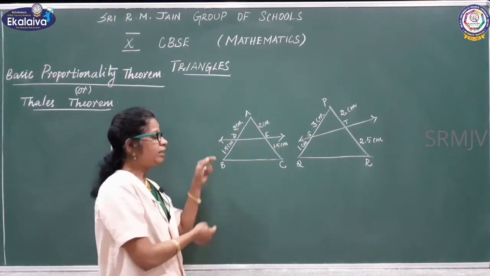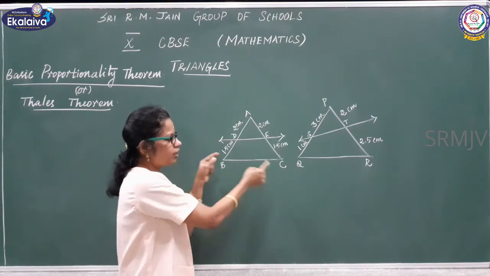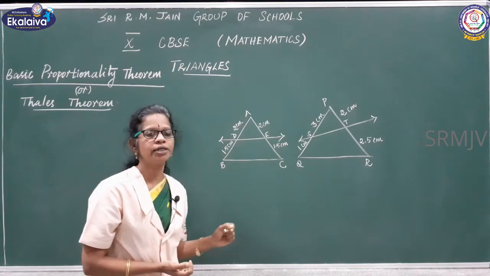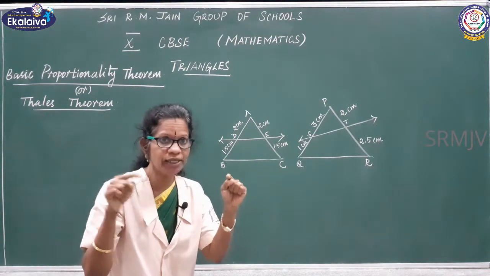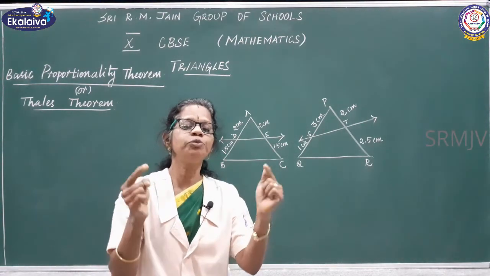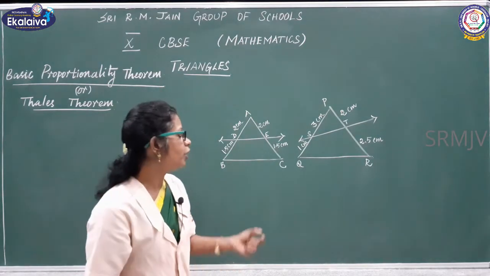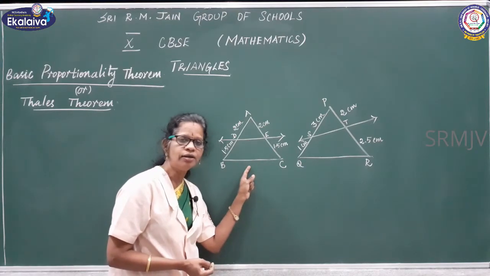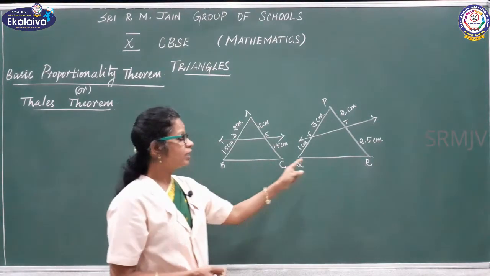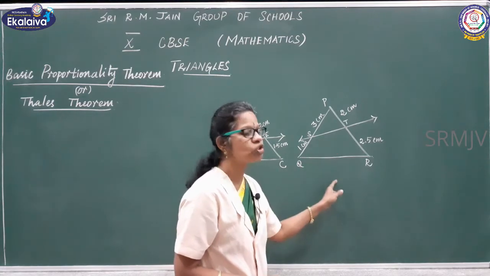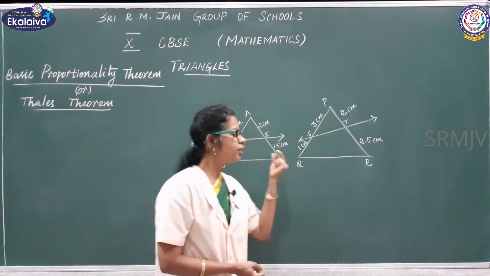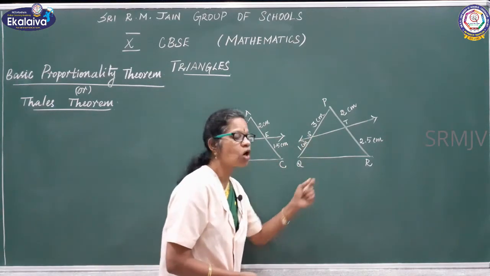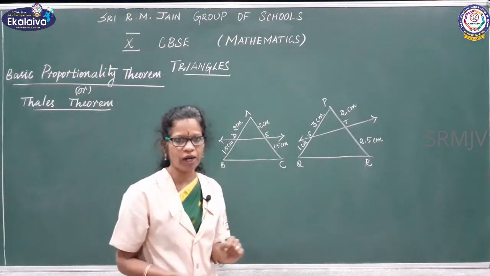Now you have to see the triangle and what you observe. Children, see the two triangles. What you have drawn, that you have to see. What you observed, say. Yeah, very good. In the first triangle, the line is parallel to the side BC. In the second triangle, the line is not parallel. Here the line is parallel to BC. Here the line is not parallel. That you observe, right? Okay.